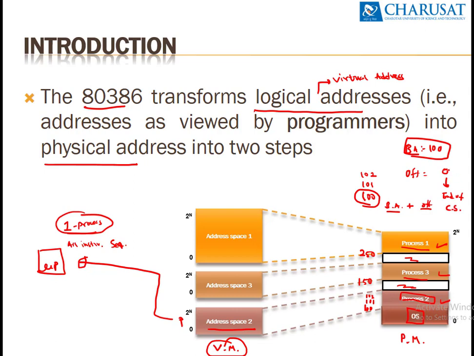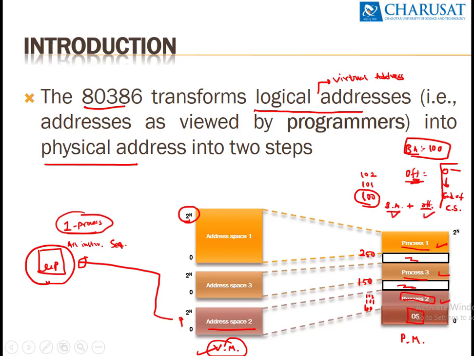From the microprocessor's point of view, it operates over the offset. The offset starts at 0 and goes to the end of the code segment. The end of the code segment might be the size of memory, 2 raised to n. So it appears to the microprocessor that every process is occupying the whole memory. It starts at 0 and goes up to 2 raised to n, the maximum size of memory. That is because of virtual memory, and it works because we divided the address into a base address and an offset.